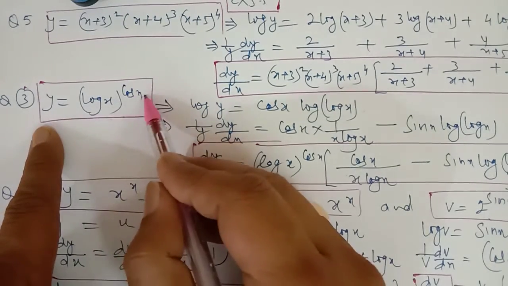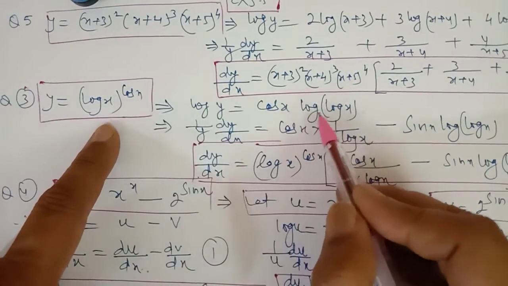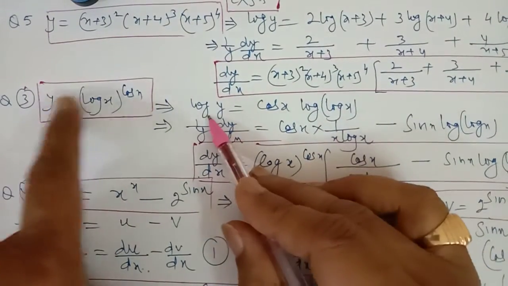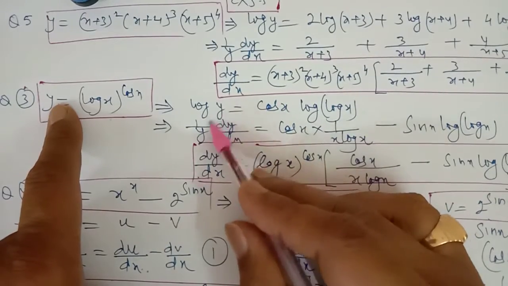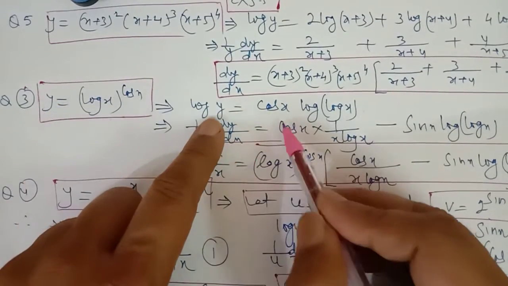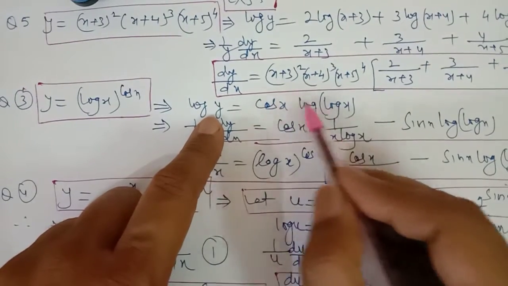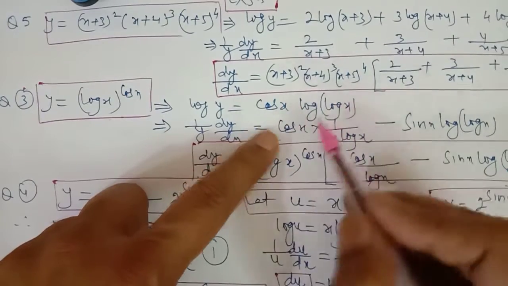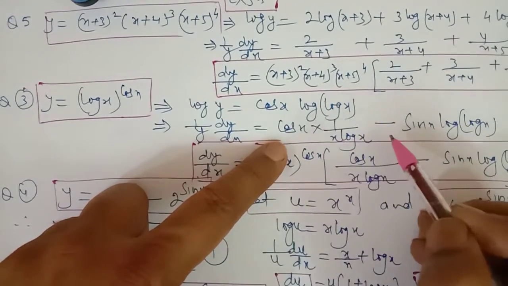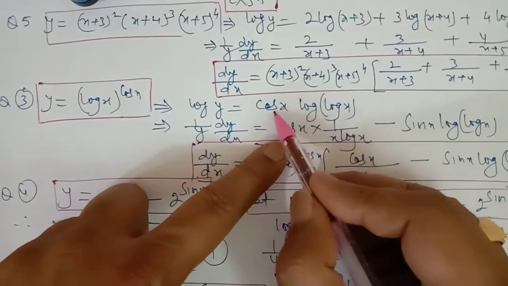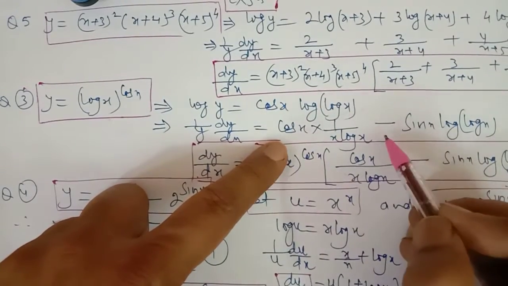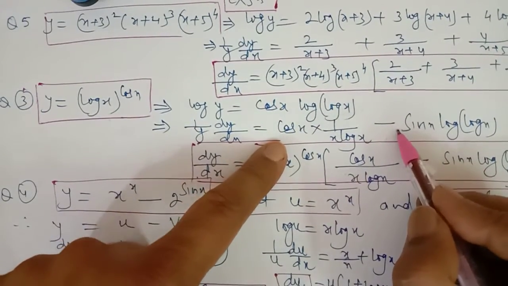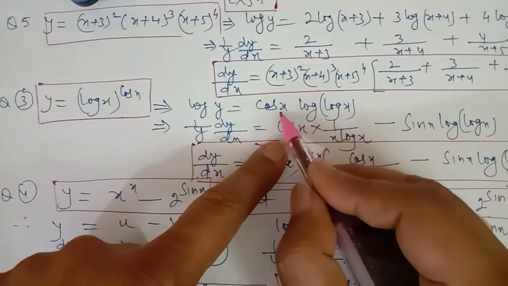Log y will be equal to cos x log x. Log multiplied with the power, we have cos x log x. Log y on the left hand side. Now differentiate again, log y, 1 upon y d by dx. And we have to use the product rule here. Cos x log x. There's a product rule in this. Cos x multiplied by the derivative of this, plus derivative of cos x multiplied by log x. I have written a minus sign here because the derivative of cos will be negative, but in the product rule we have the positive sign. Minus sign is here due to the derivative of cos x.